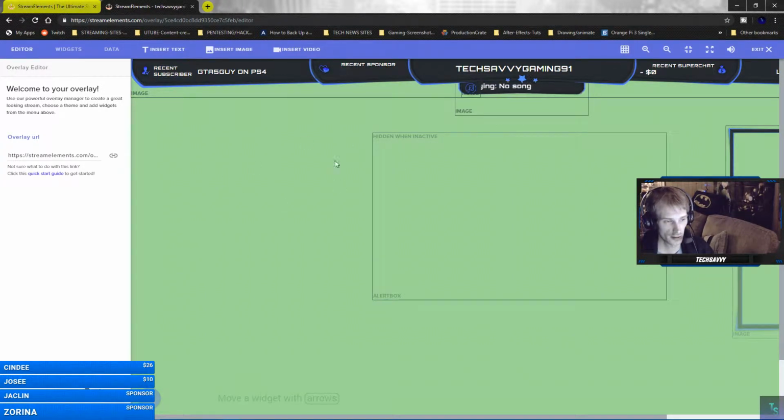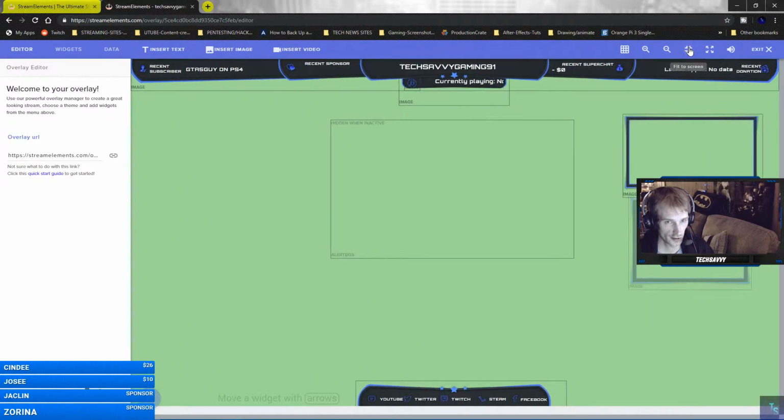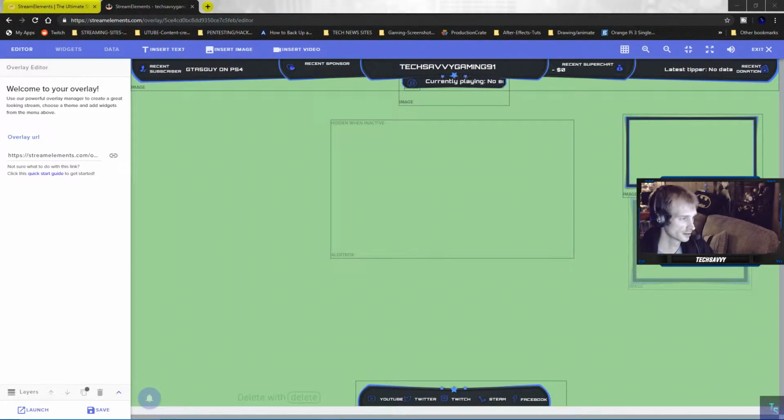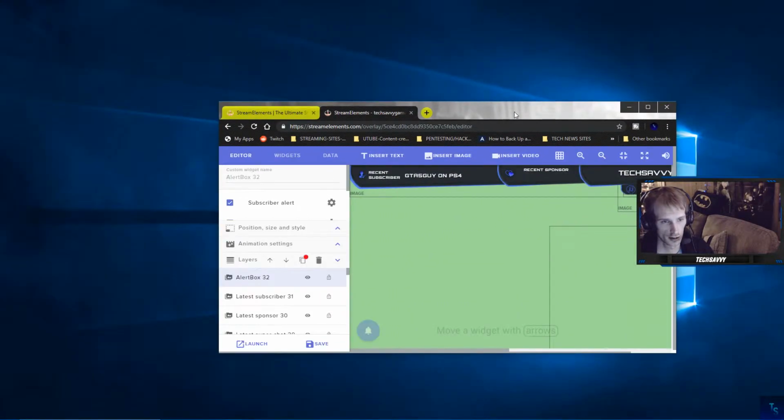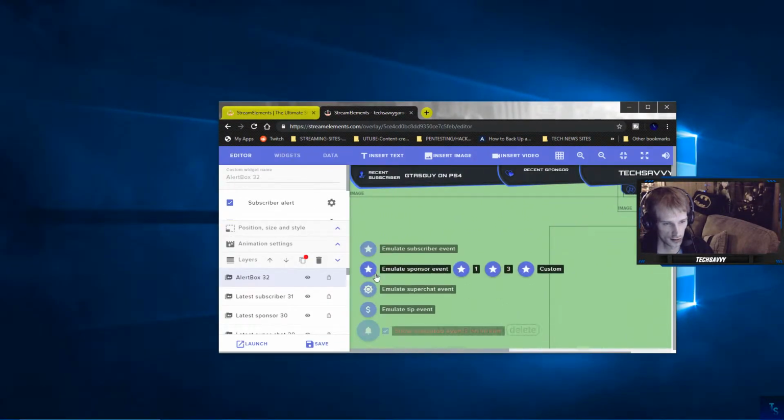This is everything right here. What you can do, hit the screen so it's a lot easier to see, which is the StreamElements event list, which you're about to see disappear, the blue, my bottom left of the screen. I click layers, I can mess with each individual one. I'm actually going to minimize this and set off a subscriber, and you'll see